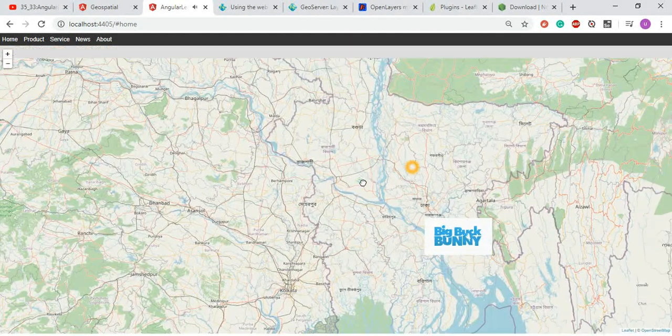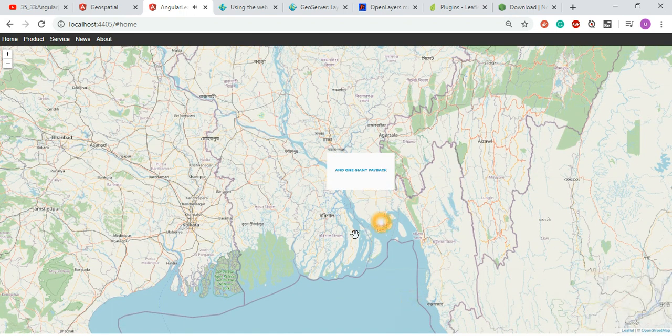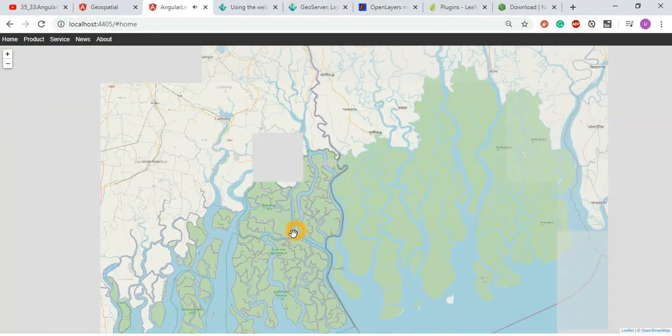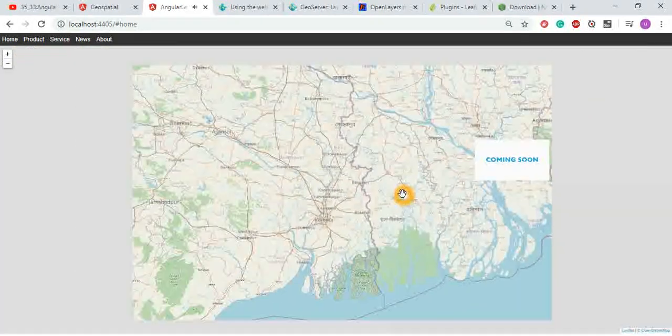So that means you have the possibility to see movies from different parts of the application, and then you can have maybe 1 or 2 or 3 or 5 or 10, even 100,000 movies running in the total map. Depending on the use cases, you can integrate the movies into your base maps, and then everybody can see. Maybe for Bangladesh there is a black forest area, maybe the Sundarban area, maybe one video where you can see how the Royal Bengal tiger moves, how all the animals move, or maybe very special points